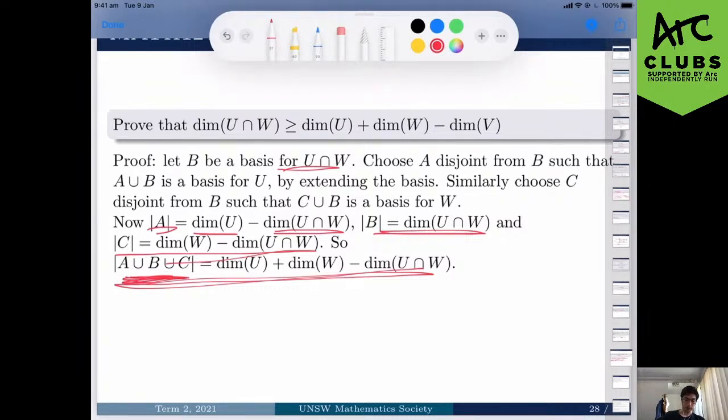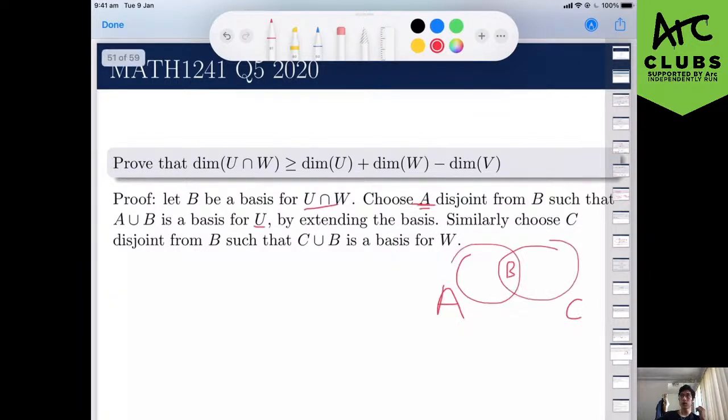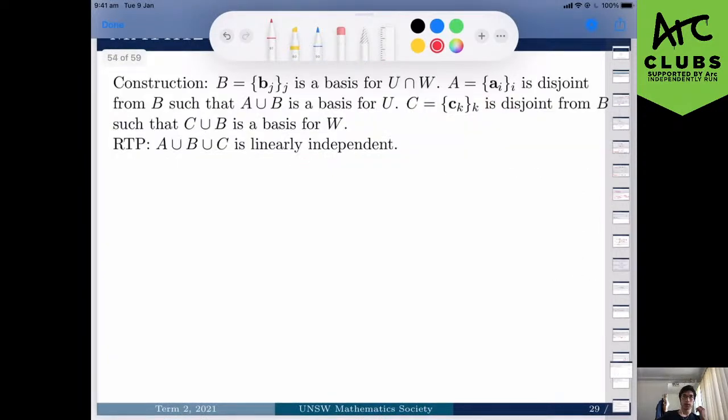But anyway, if we can prove that this set is linearly independent, then we know that it has smaller size than the dimension of V, because any linearly independent set will have a smaller size than a spanning set, such as the basis for the whole set. And yeah, I've gone over time, but